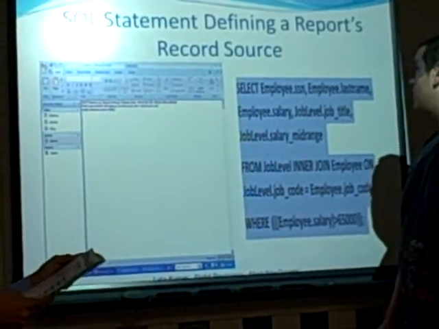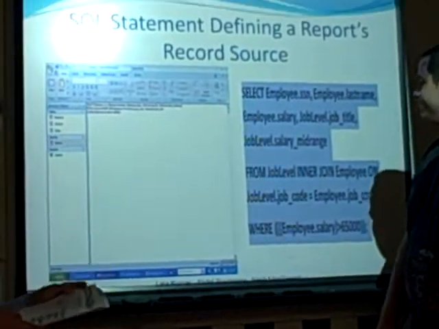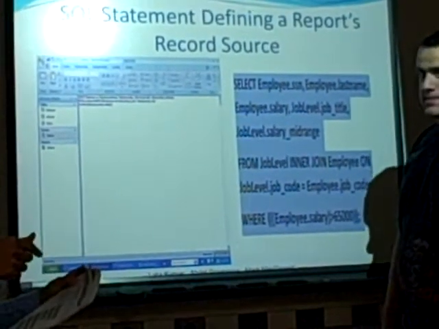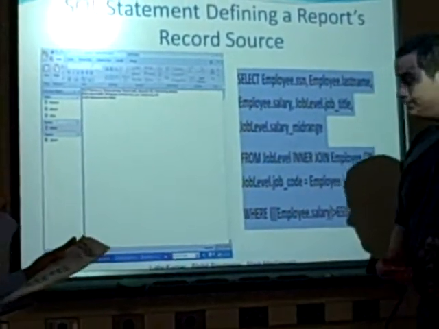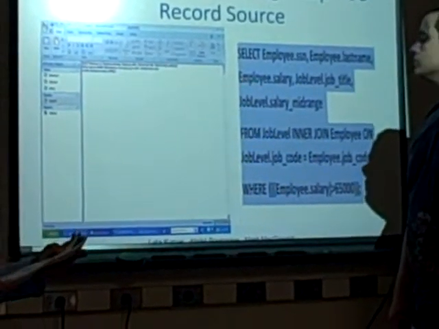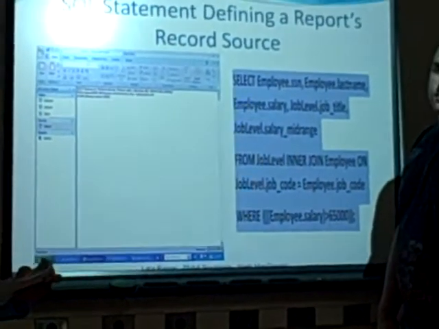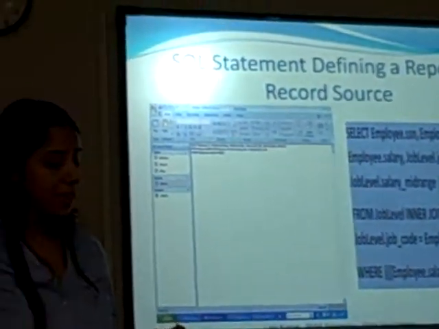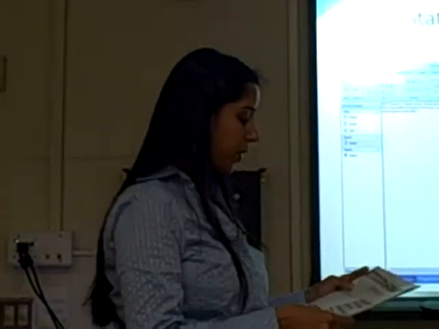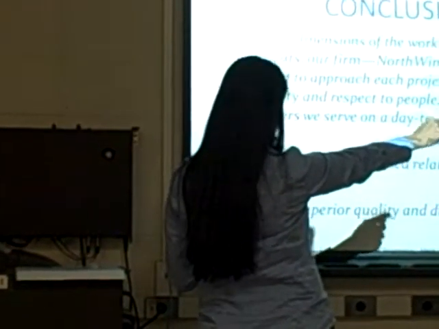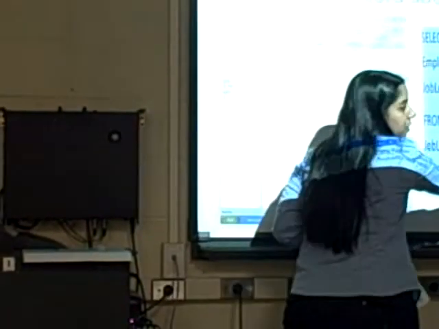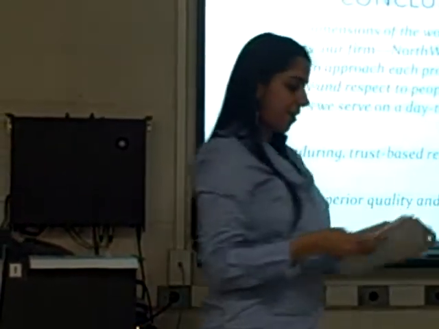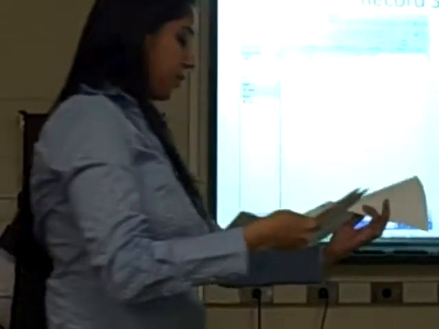So the SQL statement, this was more like we modified an existing query by adding a criterion to the criteria row. We viewed it in SQL for the query and then constructed an SQL string from the query that sets the record source for the report. As you know, originally we had to create it for more than $65,000. And then we made it bigger so you can see it there. And the next one is going to